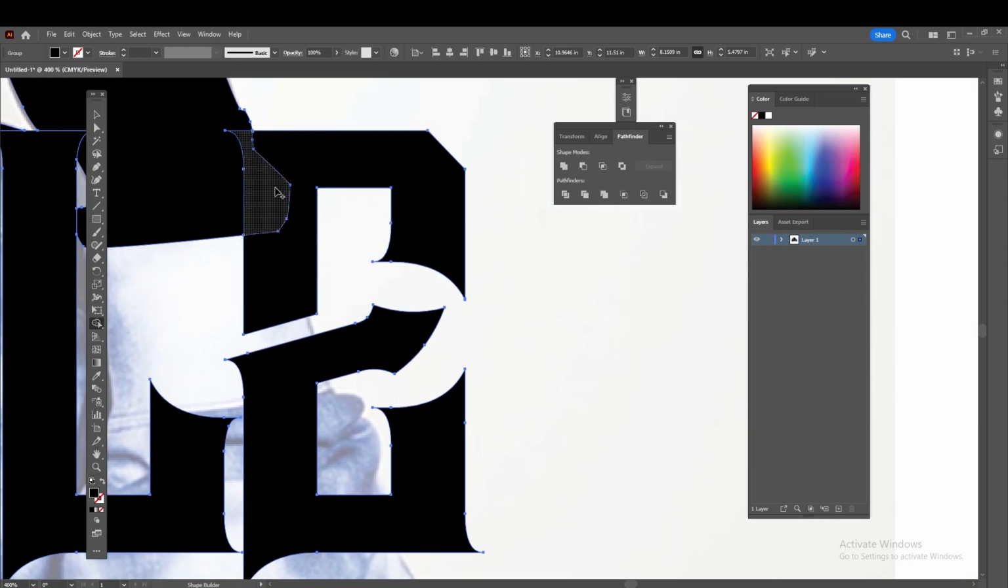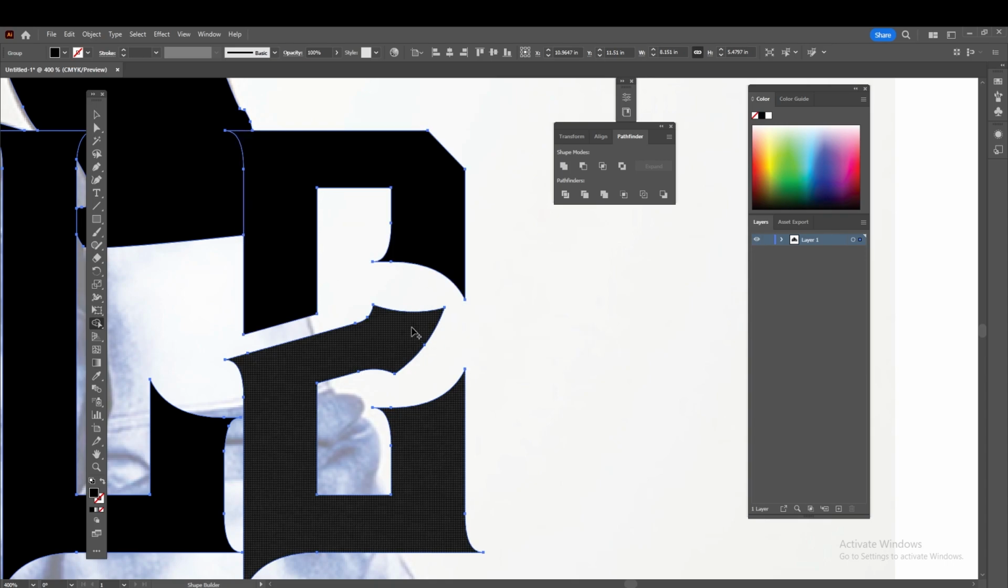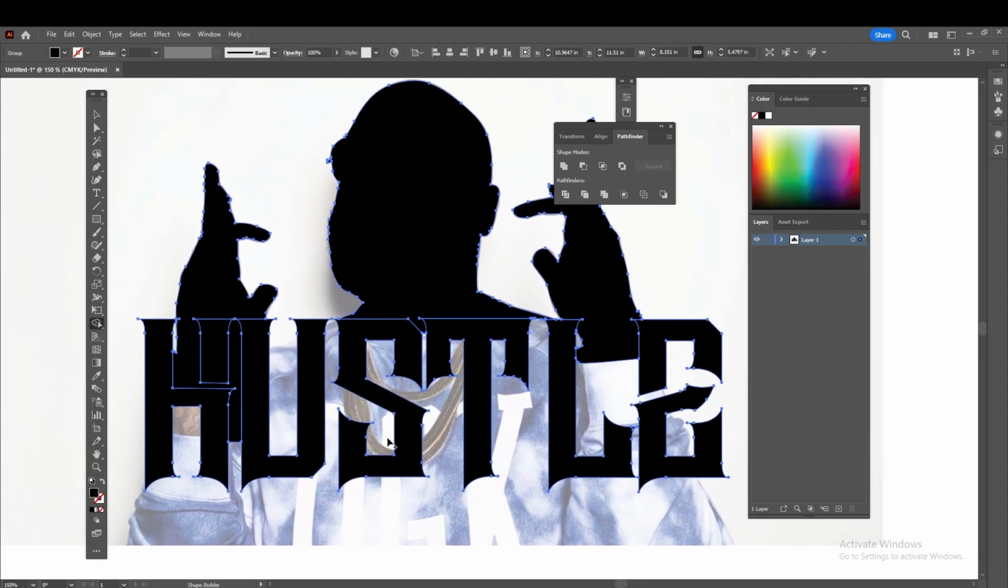I need to combine this one in this shape to make the top of that E. All right. Now, this is how it's looking. All right. So